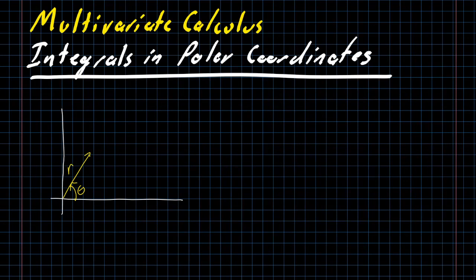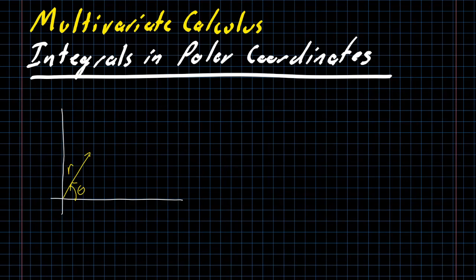But with polar coordinates, instead of being given an x and a y, you are given an r and a theta. R is measured as the distance radially out from the origin, and theta is the angle measured from the x-axis towards the y-axis. And for any region which is rotationally symmetric, or even just rotationally symmetric on some portion, polar coordinates can be a very effective way of describing it. And of course, we can always think about functions given as f of r and theta